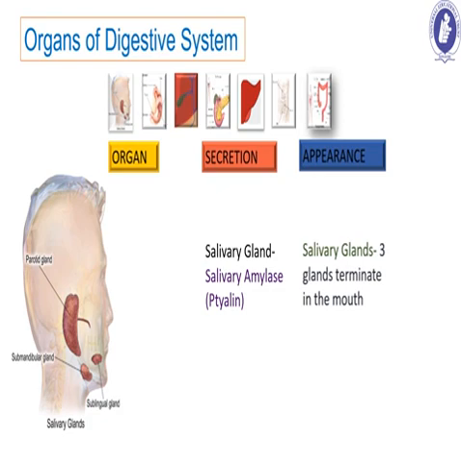With the help of this salivary amylase or ptyalin, whatever food we are eating, if carbohydrate is there in that food, it is converted into sugar. That means the starch content present in carbohydrate is converted into sugar with the help of salivary amylase or ptyalin. It is the digestive juice present in the saliva. So you have to understand that starch is a complex substance and it will be broken down into a simple substance called sugar.